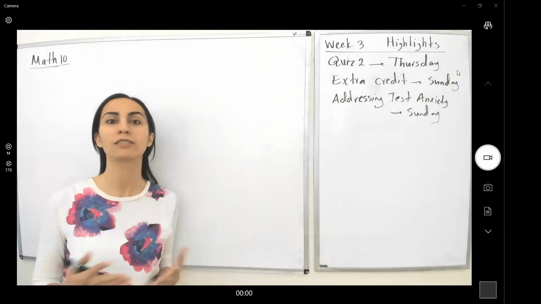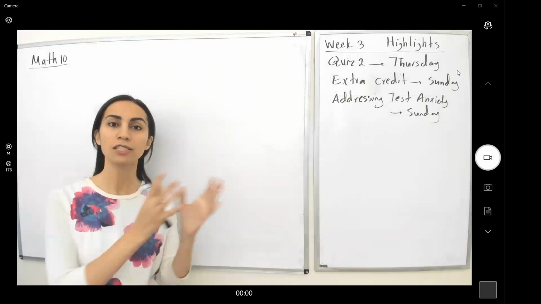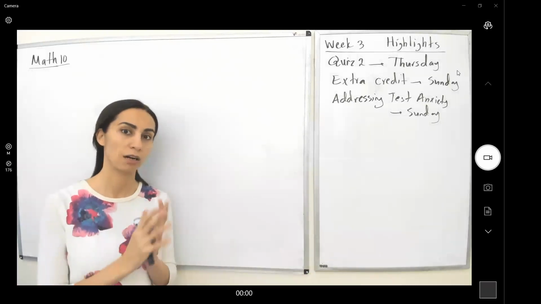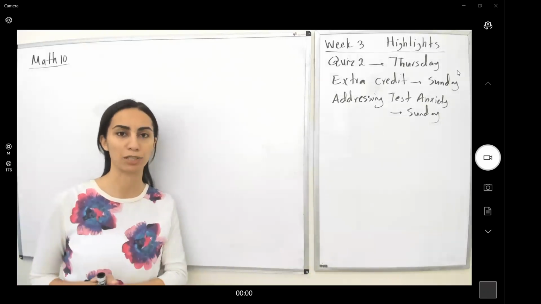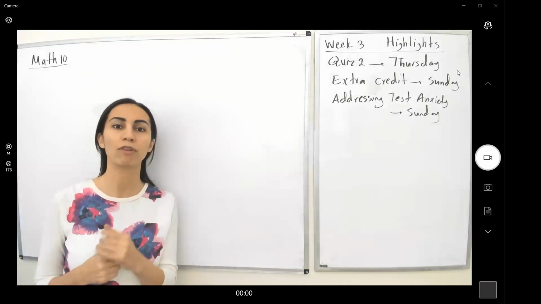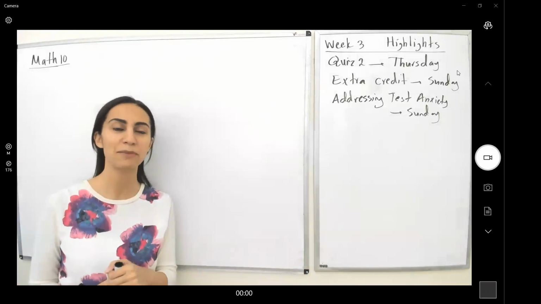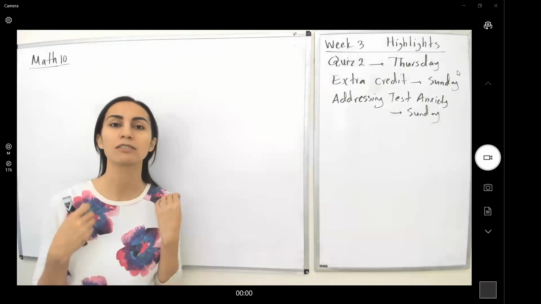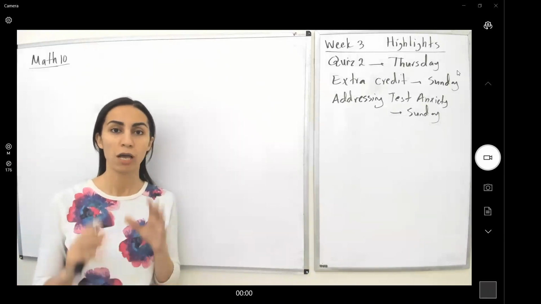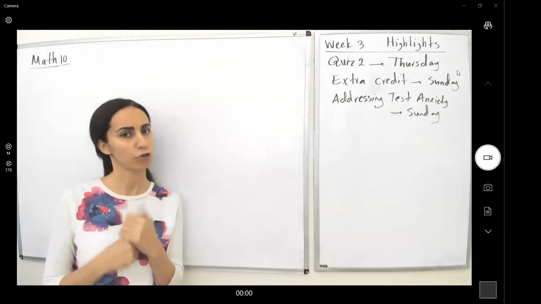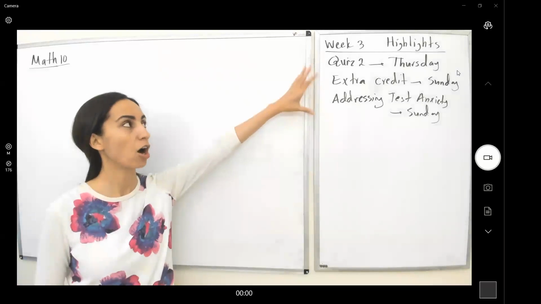So we're almost done with chapter 3. There are some concepts that later on I'm going to talk about. Those concepts are coming from chapter 3, but we just went over the introduction about probability yesterday. Today we're going to actually start chapter 4. Before talking about the objectives for chapter 4, let's take a look at the highlights for